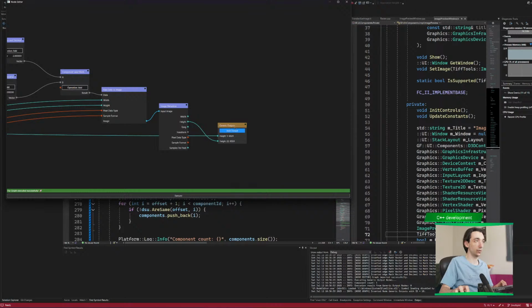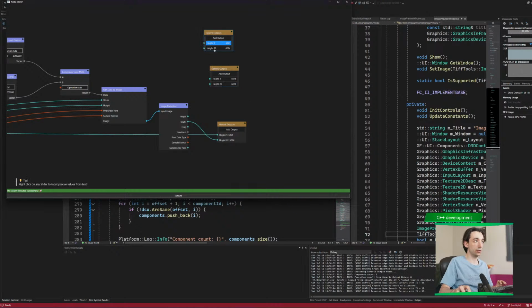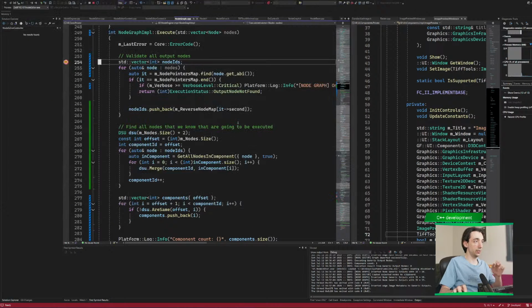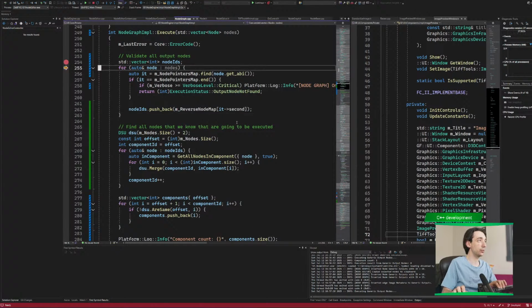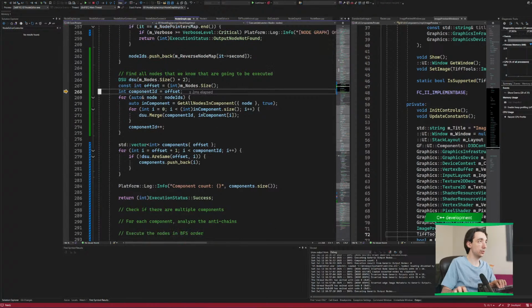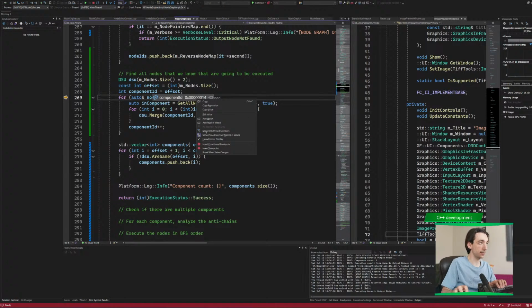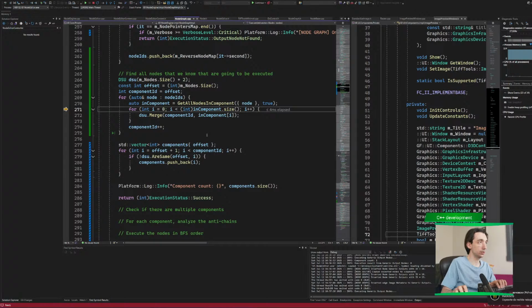I'm just gonna copy this node a couple of times. Now I'm going to execute that and go through the nodes, the DSU, node size, component ID. Why is this in hex? Okay, 20 nodes, whatever. So we kind of have this in component 1 and